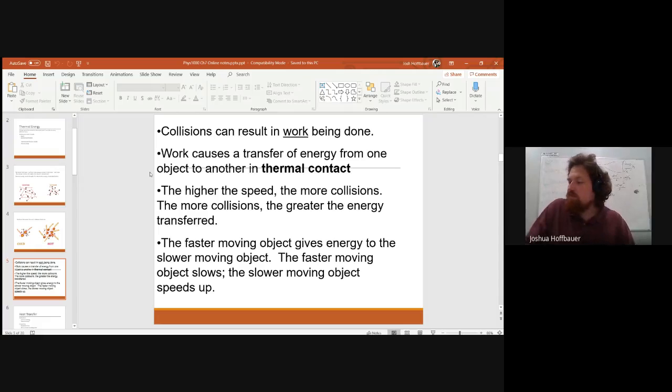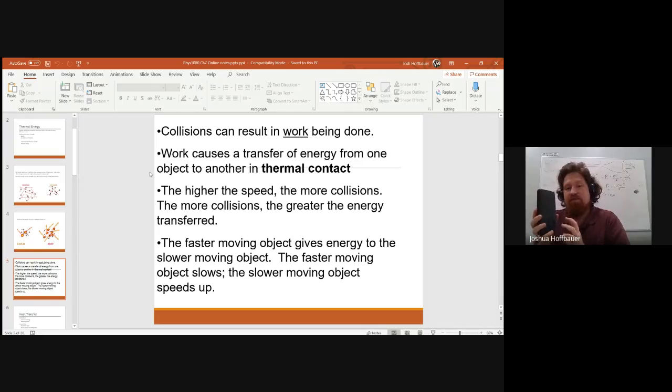So let's say we are looking at two separate objects, my hand and my calculator. Let's just say my calculator is like the whiteboard. It's a vertical surface that you can put your hand on. And let's say that my hand is very, very warm and the calculator is very, very cold. That means that I have a lot of thermal energy in my palm, and the particles that make up my palm are bouncing off of each other and moving around very quickly. If the calculator is colder than my hand, it doesn't have as much thermal energy, and its particles are not